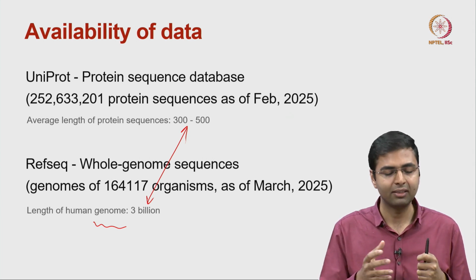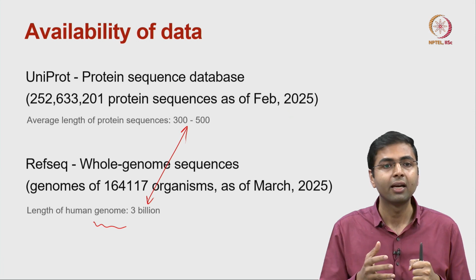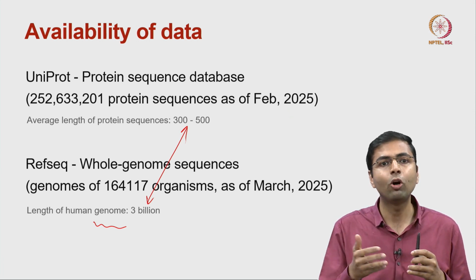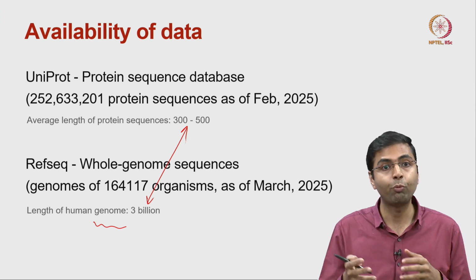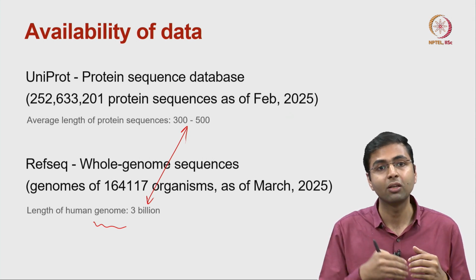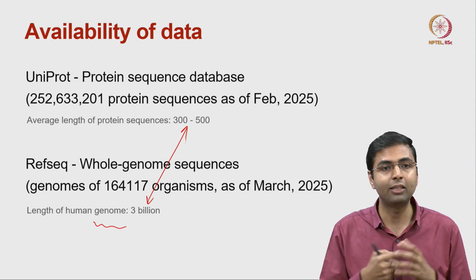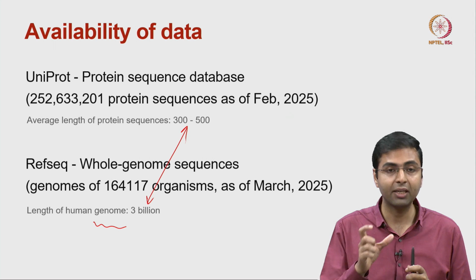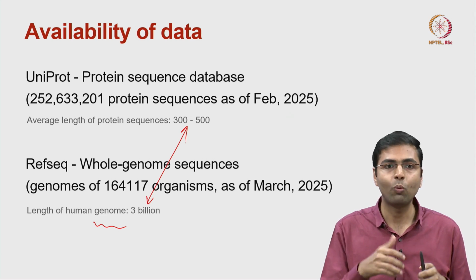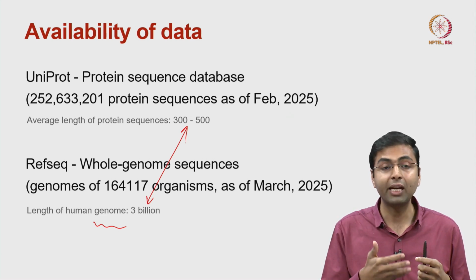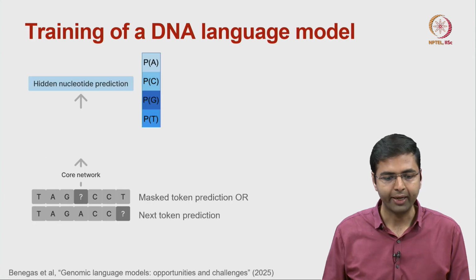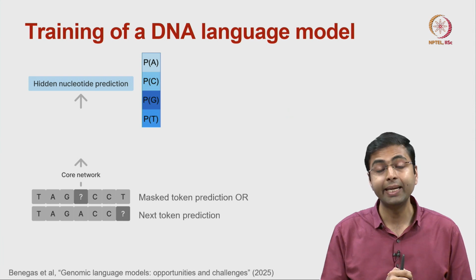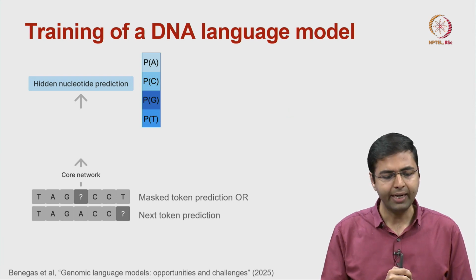So because of these differences, the architectures and the learning objectives and all these parameters change depending on whether a language model is being trained for proteins versus human genomes versus some other RNA sequences and so on. So one has to factor these domain specific information into account while designing this model and while interpreting these models as well. Okay. So in this lecture we will specifically focus more on DNA language models,